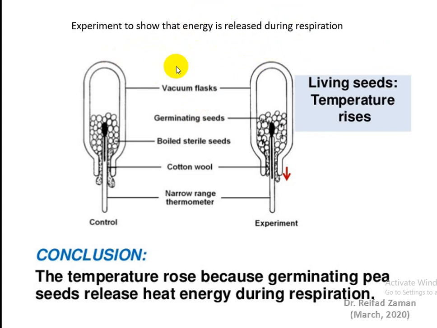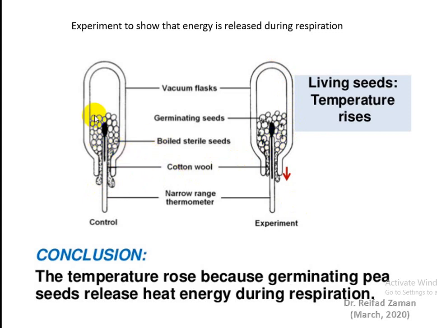Now the 50 seeds that were boiled have died. So these are dead seeds. And the 50 seeds that were not boiled are still living seeds. So we will put the dead seeds in one vacuum flask, and the living seeds in another vacuum flask. And we are going to insert